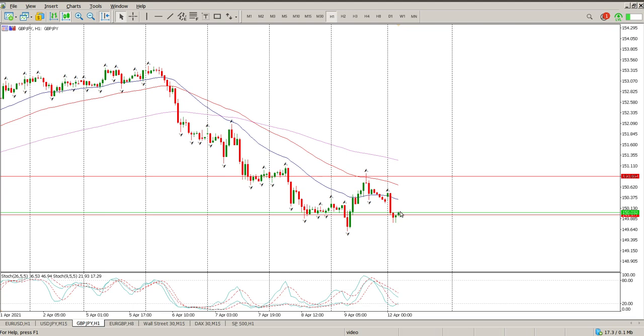Also not really wanting to buy either, so I'm looking for some structure. If this level gets defended, so it's 149.977, if we stay above it, I think there's good opportunity to buy into this. So engulfing and pin bar here, so there's a good structure setting up here for another move back into this 158.60 area. So that's what I'd be looking for, opportunity to buy, really tight stop,